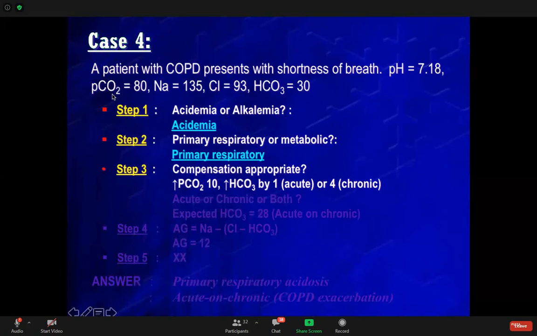So الرقم حق ال CO2 اللي قلنا اللي احنا لازم نحفظه الطبيعي كم كان؟ 40 صح؟ 40 بالضبط. 35 إلى 45. لا 40 احنا حطينا عشان ما نلخبط حطينا الرقم 40. تمام ممتاز. فالحين your CO2 increased by at least 40 صح ولا لا؟ So قلنا كل 10 البايكارب expected to be يعني so إذا كان acute you'll expect it to increase by 4. إذا كان chronic you're gonna expect it to increase البايكارب حقك by 16. صح ولا لا؟ صحيح. فكم الرقم عندنا؟